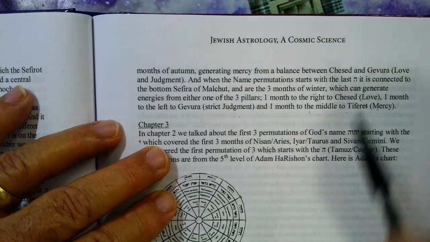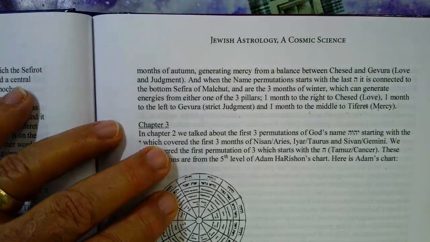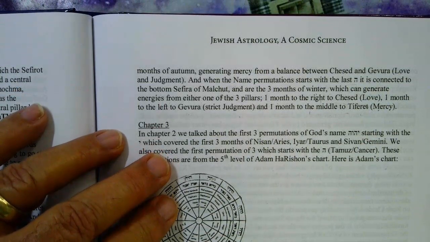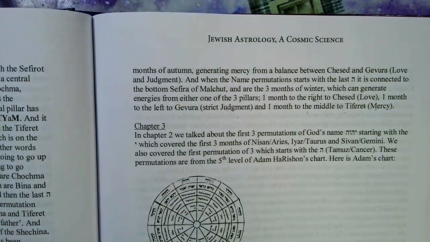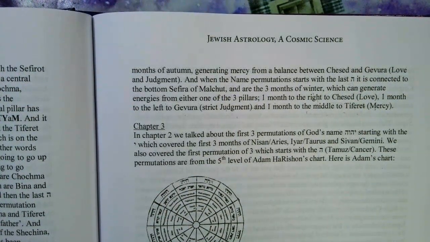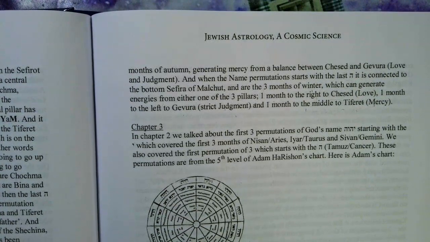mercy. So Tishrei is the name of the month in Hebrew, which corresponds to Libra, which is the concept of the balance. That's the fall that I meant to say. I just blanked on it. This is Baruch Fleischman. We're at the Tikkun Elevator Kola, and we learned chapter 2, all the way through the 4th month, to see how the permutations of God's name